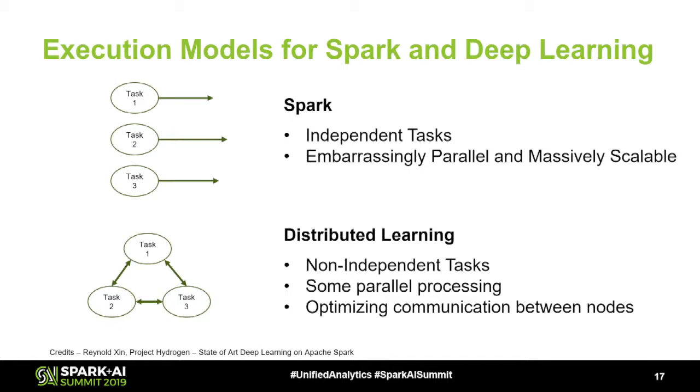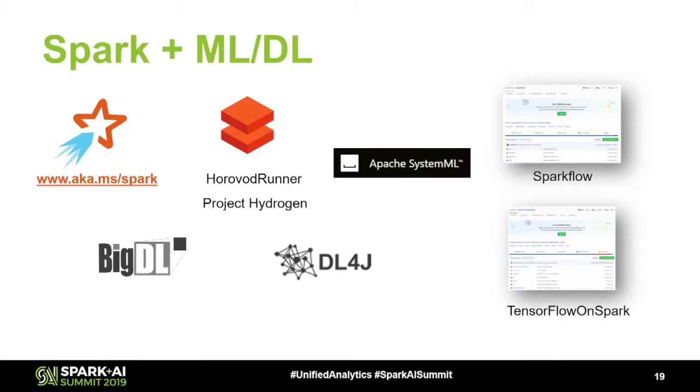And so if you put this in perspective, what happens when a job fails, right? In Spark, this is really easy. You just rerun the crashed task. But in distributed machine learning or deep learning, you have to rerun all the tasks. And so if you want to reconcile and start doing machine learning and deep learning on a Spark infrastructure, you have to make sure that these two execution models are well taken care of, right? And so this is essentially the premise for many of the efforts happening out there that try to combine Spark and machine learning and DL.